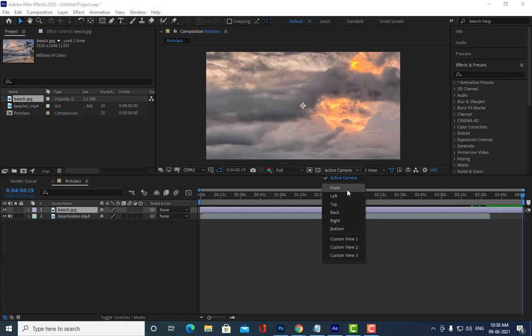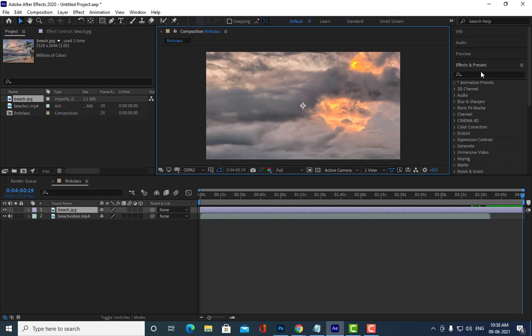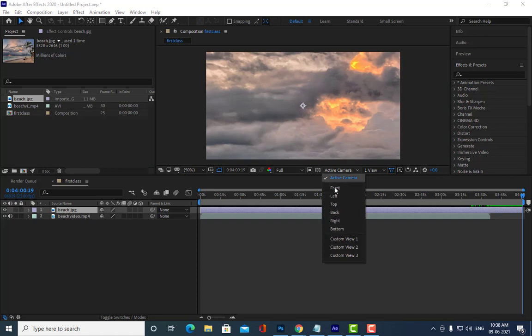Whatever object you create in 3D, you can see all the sides of the particular 3D object. In the same way, in After Effects also, we are going to see the front side, left side, top side, back side, bottom side, right side of our composition or of our videos. And you will be able to clearly understand what are these things when we are going to start the camera. Okay, is it clear? Yes, sir.